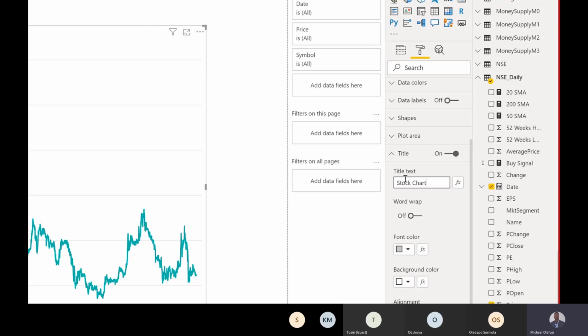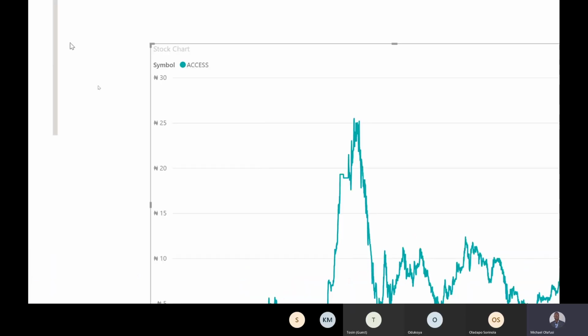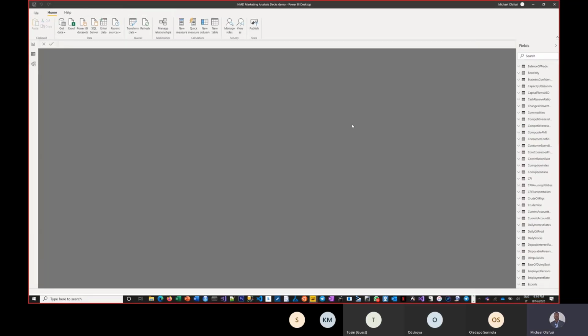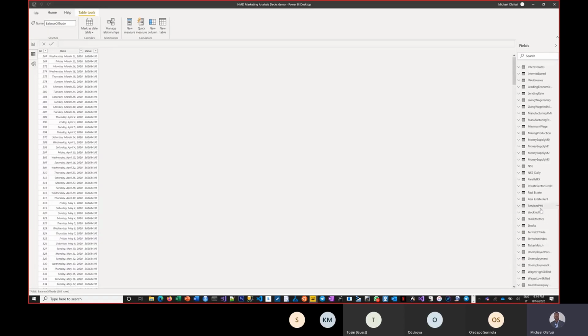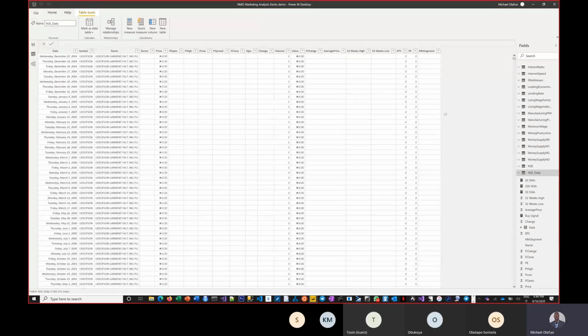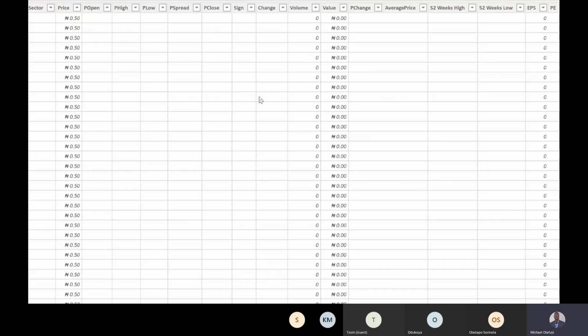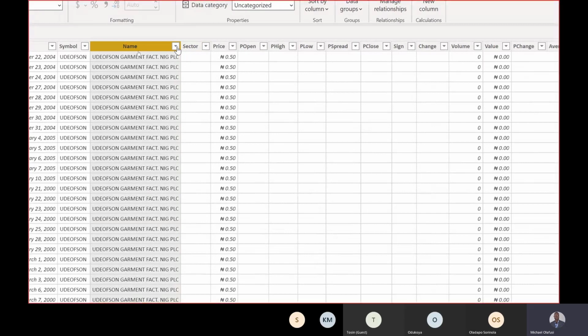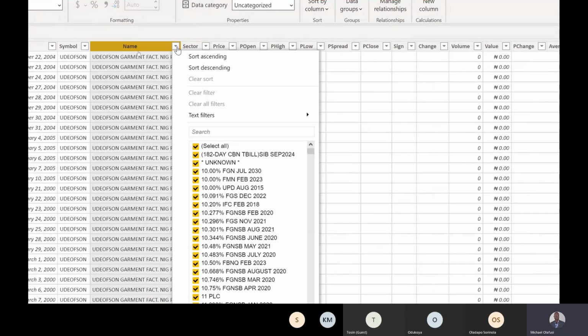Okay, so now in my data, there's a field called price change. Let's just check it together. Since that other one, I could not show you the data. The data was coming directly from Power BI, so I could not manipulate the data. But unfortunately, I want to do something that I need to be able to manipulate the data. So I have a particular field called price change. If I pick Access Bank here,